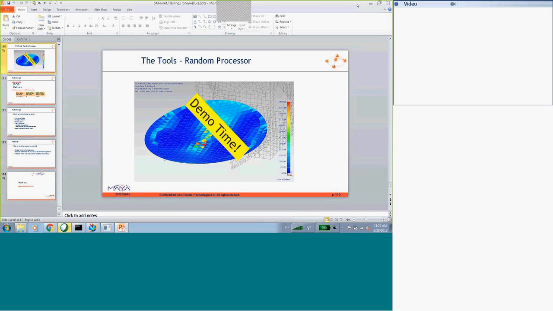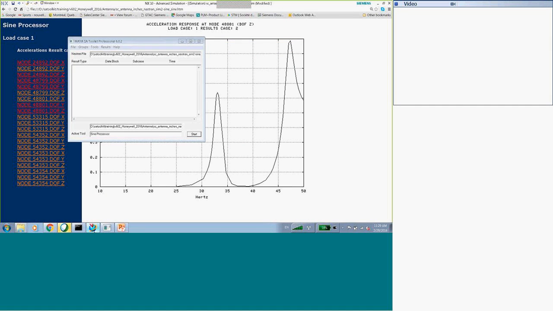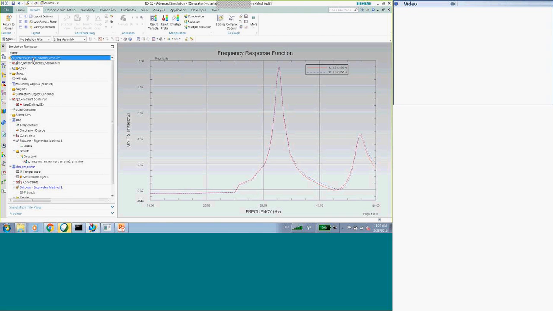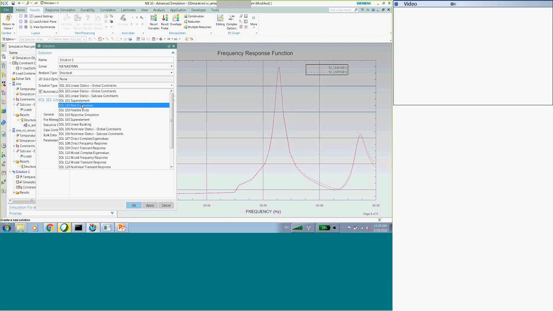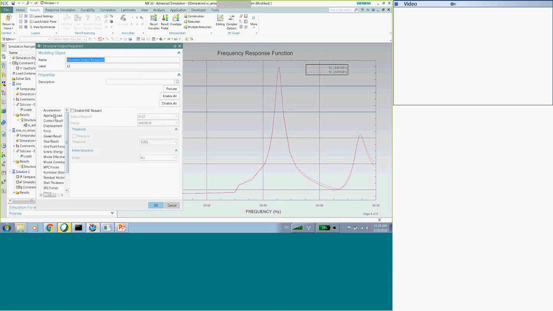So I ran a demo to show you that. The idea is I'll generate the solution again. We'll generate the SOL 103 solution. And my output, that's stresses and displacements.